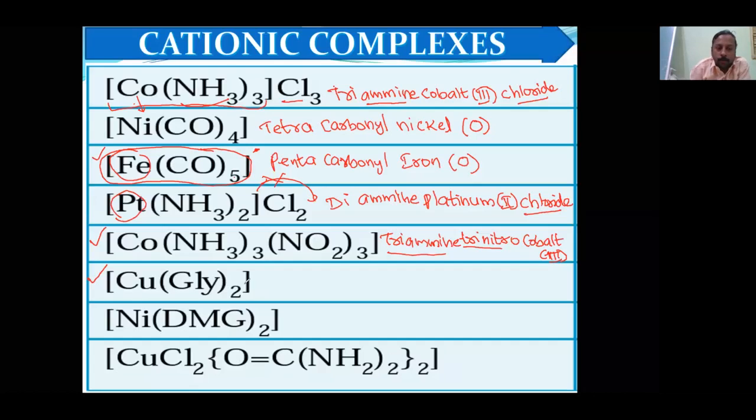Okay, now here this is a neutral complex, so I will write copper, and in this I will write the name of the ligand first. Okay, so diglycinate. Okay, diglycinate copper. Oxidation number will be 2. This glycinate charge and structure and denticity are all there in the notes sent by me. So with that you can understand. For the time being, leave that. How you will come to know, you will go through that.